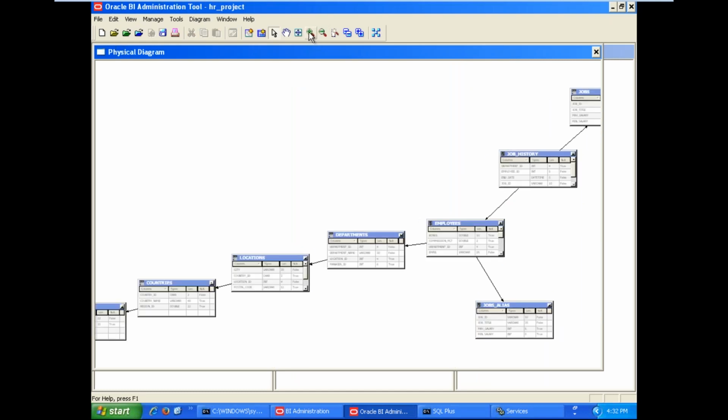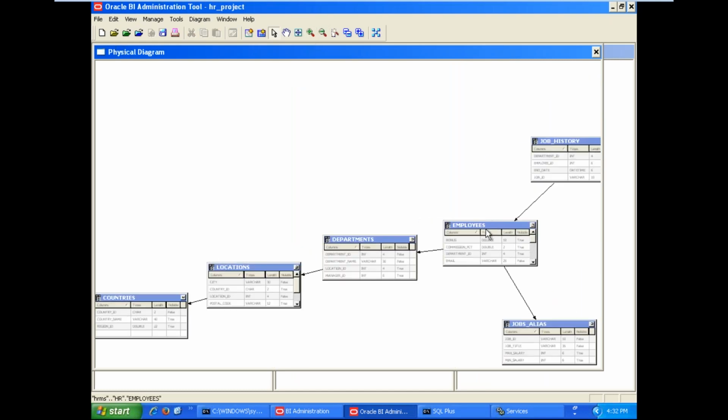See here is the employees table. On top of the employees we have departments. Here the employees table is a child table. Between departments and jobs, it is a child table. I want to find out old employee details based on departments with respect to jobs. But on top of the departments, we have locations, countries, as well as regions.